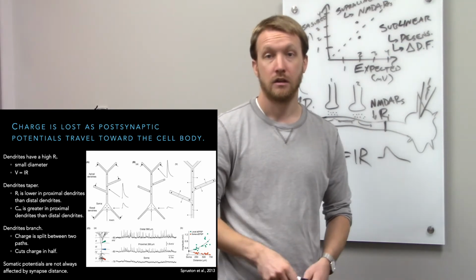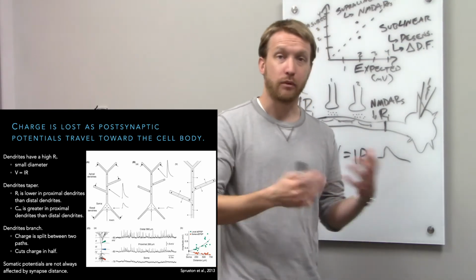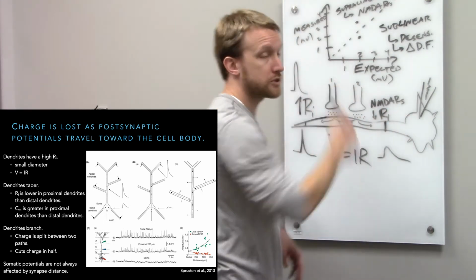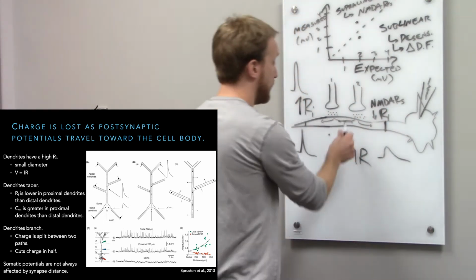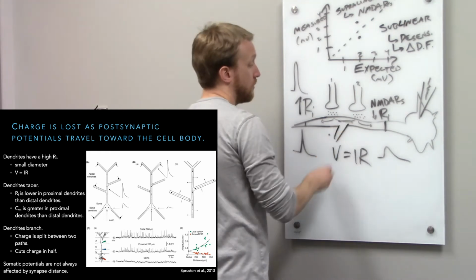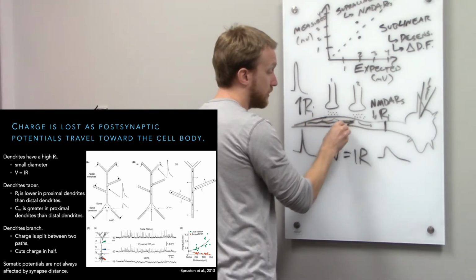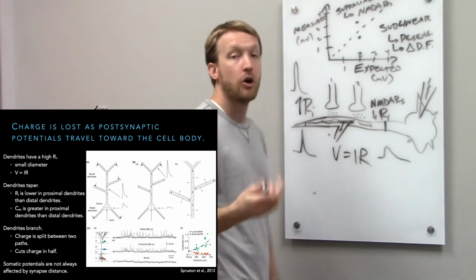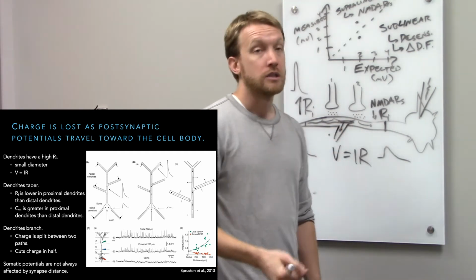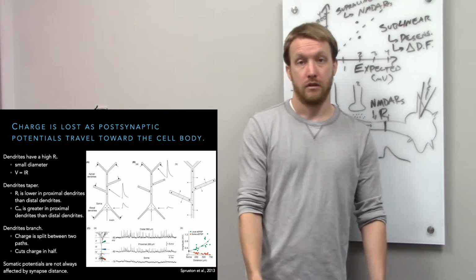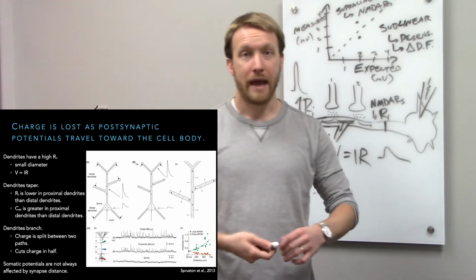because of the change in capacitance. What we also need to keep in mind is that we have branching of our dendrites. It's not one smooth cable. There's a bunch of cables coming off, and at every branch point, we're going to cut that charge in half. So the charge that's moving here is going to go that way and that way. It doesn't know which way to go. So at every branch point, we're going to be splitting our charge in half. Now, with the passive properties,